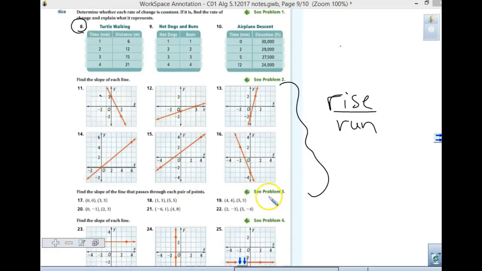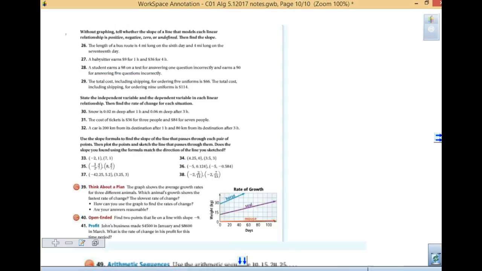When you get here, it's to find the slope of each pair. This is where I need the formula. M equals y sub 2 minus y sub 1 over x sub 2 minus x sub 1. So, you are working on the problems 9 to 41 on. These go really fast in here because you should be counting rise and run, okay? When you get to this page, and as you are doing your homework, check your answers in the back. Do a couple questions